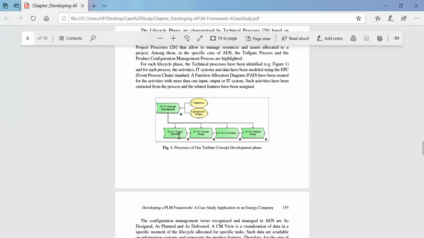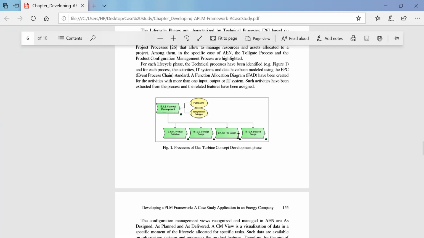The product will be defined based on the needs of the customer. So once the definition has been done, then you will be focusing on the concept design of the gas turbine. Once the concept has been designed, they will now focus on pre-design, not directly the detailed design.